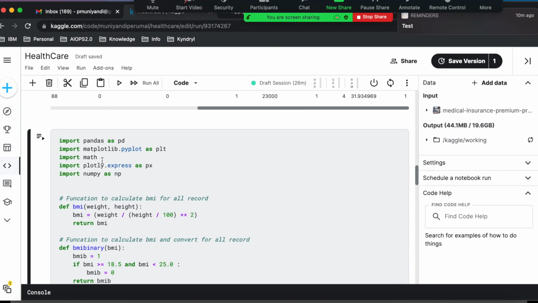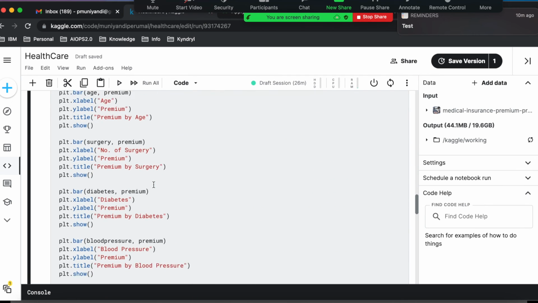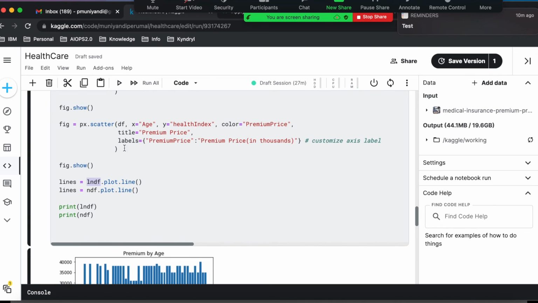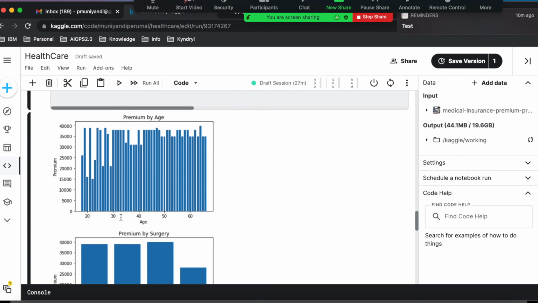The plot is actually part of the Plotly one. Directly I'm taking that and then I'm using the dataset.plot.line. The line graph is directly supported. So that's why I'm not using any of the existing libraries which I imported here. This is what you have to understand here.